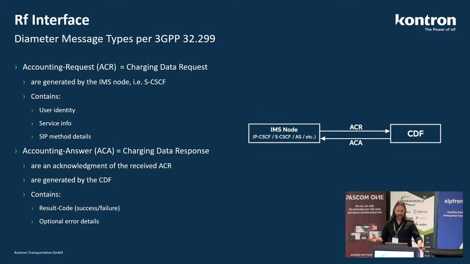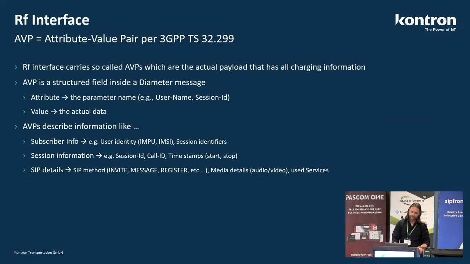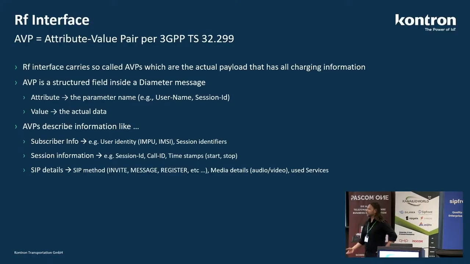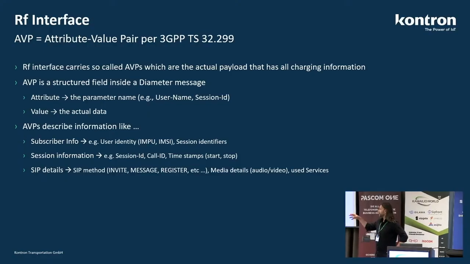In Ro, these messages are basically called credit control request and credit control answer. So CCR and CCA, while here we have ACR and ACA. What else? In the Rf interface, like in all diameter-based interfaces, you have the AVP, which is the attribute value pair, also per a specific standard, which would be 23.299. What is it? It's structured like the attribute, which is the parameter name, and then you have the value,